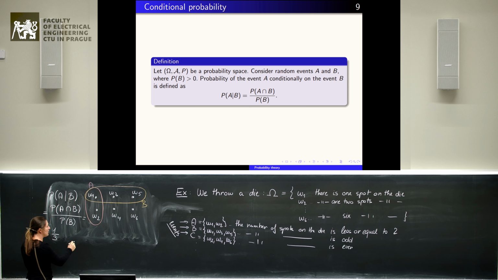But when we consider the opposite case, the probability of B conditionally on A, so it means what is the probability that the number of spots is odd, when we know that